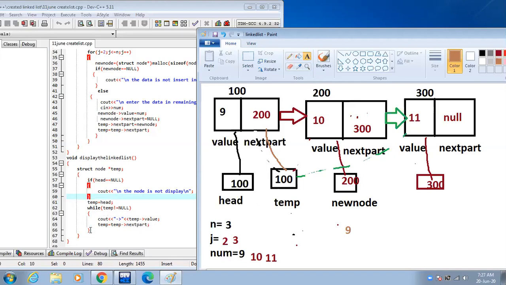Then temp equal to temp next part, temp points to 200, and 200 points to the address of the new node, and temp points to this node and this link is removed.